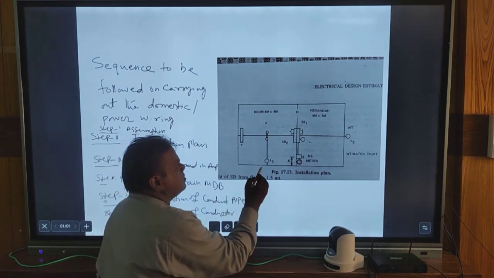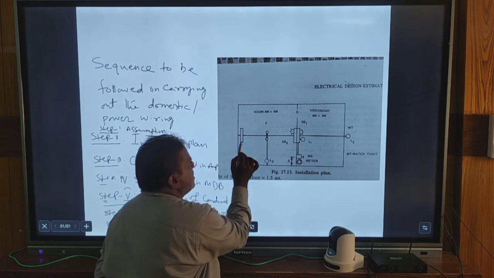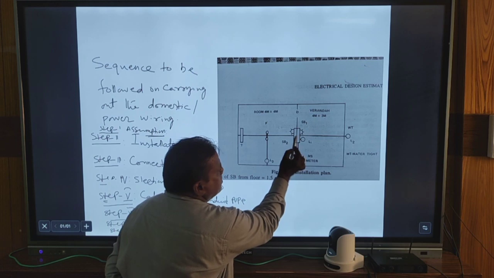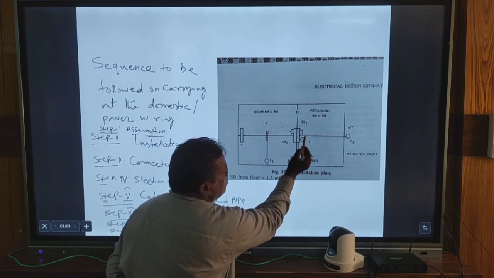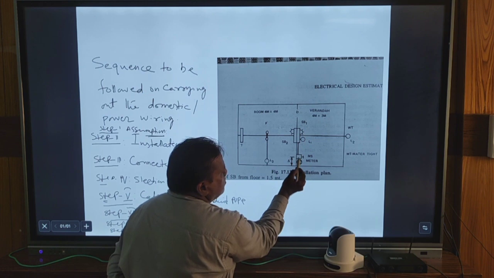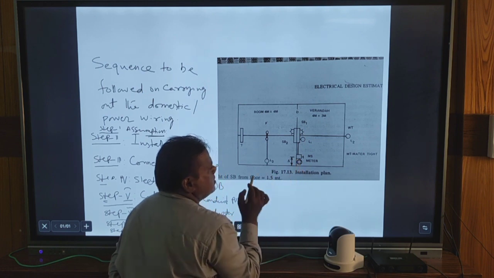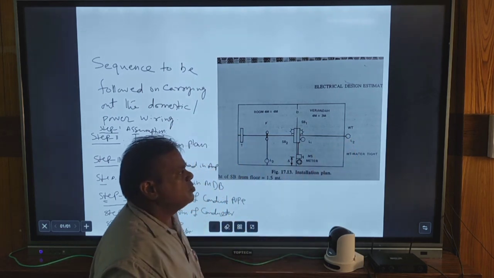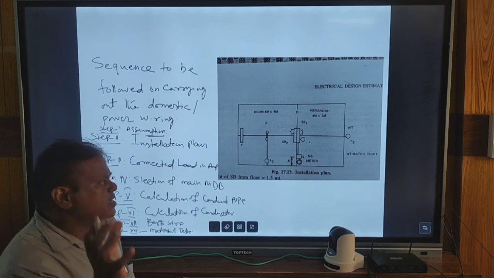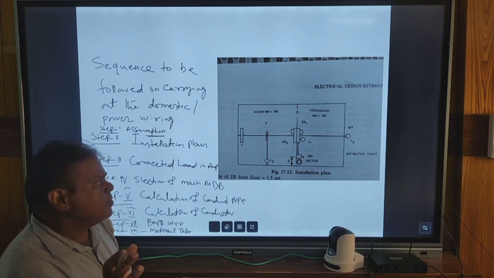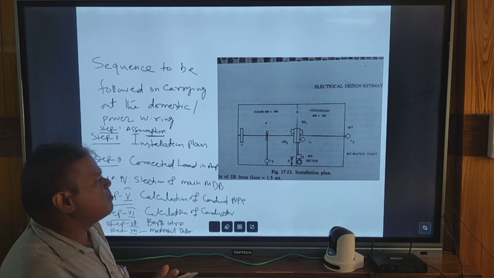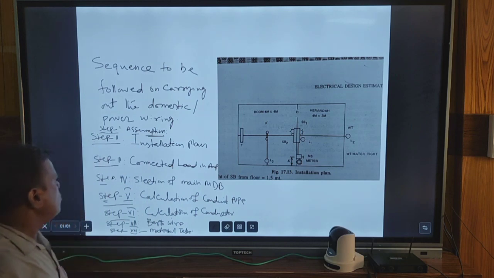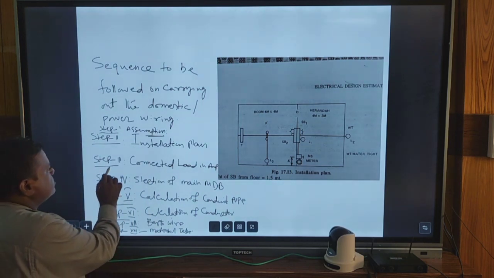You see that here you have taken a tube light here, a fan here, a light point here, a switchboard, and both sides, inside the room and outside the room, which is known as the veranda. Here is the main switch, here is the energy meter, like that. And outside, at this point, we have taken a light point. So how the points are installed in a building, that is known as the installation plan. You see that this is the installation plan, and after that we will move to step 3,